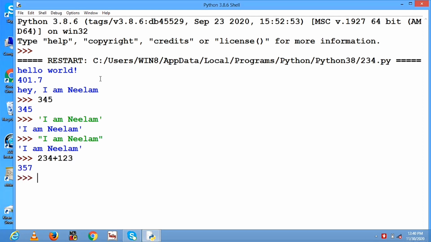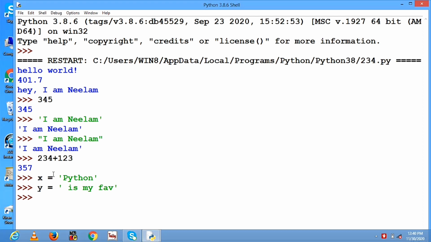Now you can also perform summation of two numbers just like I have done, and you can also use variables on the shell, like say x is equal to a string, say Python, and say one more string, y is equal to is my favorite. Okay, so now I have two variables or two messages.